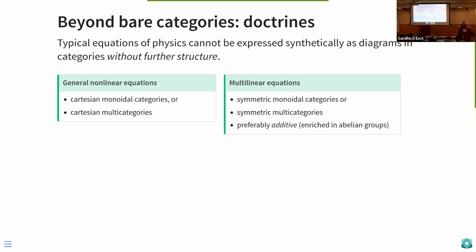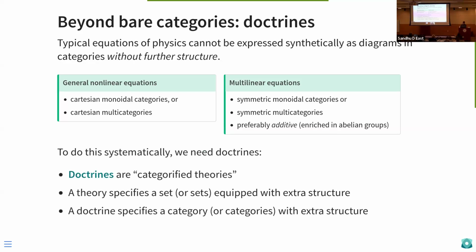The sort of multilinear equations that you often see in mathematical physics are naturally formulated in a symmetric monoidal category or a symmetric multicategory that you would usually want to also have some additive structure as well. And so the point is not to drill down into any of these in great detail here, but to indicate